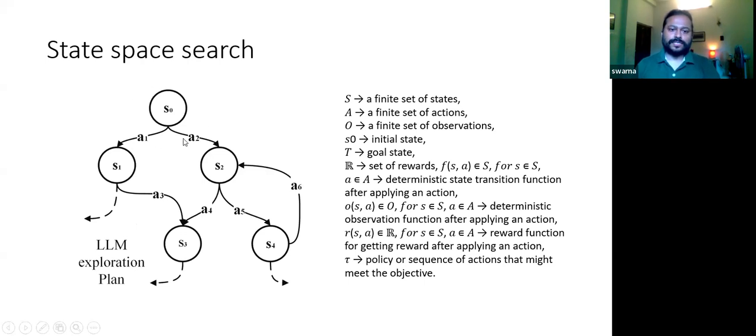So this graph basically denotes the state space search graph that I have used. So this S0, S1, S2, these are the states, and A1, A2, A3, these are the actions. So let's say the agent starts with an initial state called S0. Now it takes an action A1, it goes to S1. If it takes action A2, it goes to S2. In a similar way, during exploration, these types of state space graphs are getting constructed.